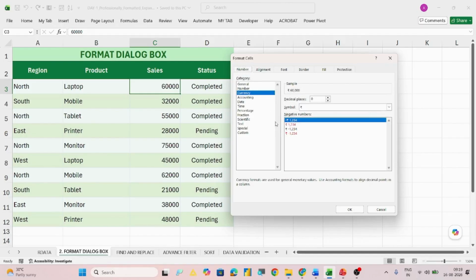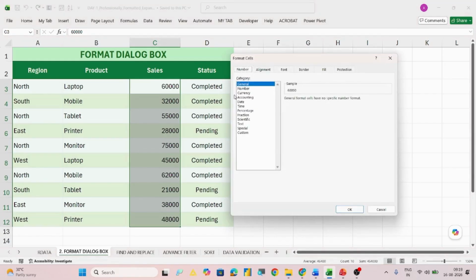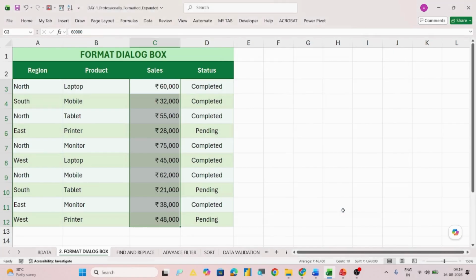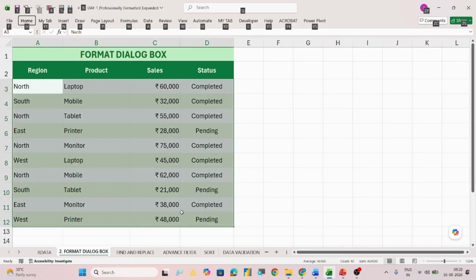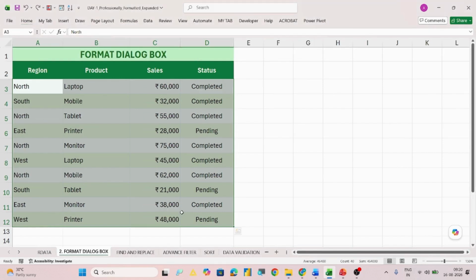So with this, our objective was to change this entire set of cells into currency. So we will select the entire cells and press Ctrl+1, and go to currency. We don't want any decimal places and we say OK. It has been changed, right? Now let's say I want to align everything in center. What I can do is select the entire data, and then the shortcut is Alt+H+AC. But if we don't want to do this, I'm doing Ctrl+H.